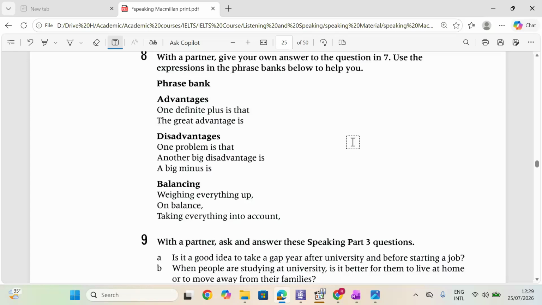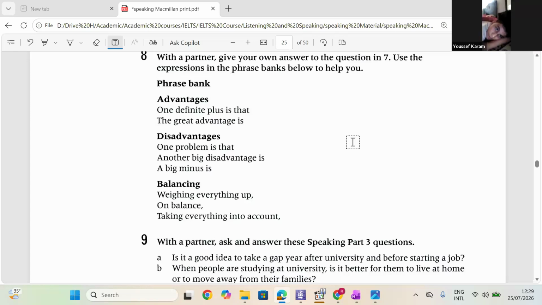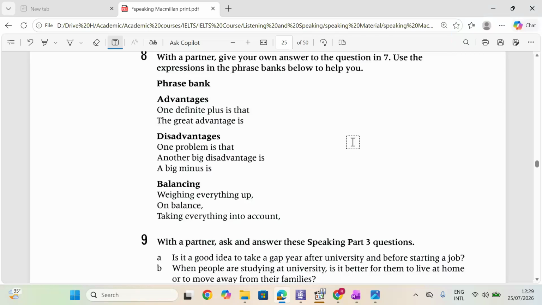Okay, Yusuf, go ahead. Okay. So I think that the big minus about the whole... What was the question again? Because I thought you were talking about traveling alone or traveling in a group? Which do you prefer? Okay, the big minus about traveling in a group is really just